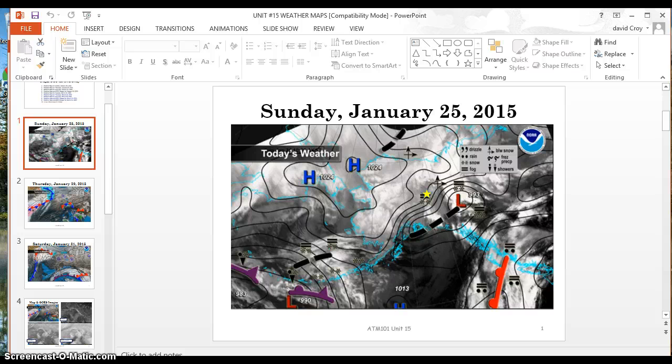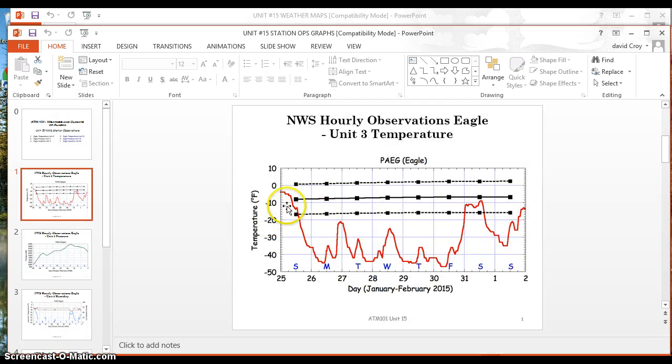Question 5. How do the winds explain the observed weather, and how do the prevailing winds influence the climate? Well, here, the winds of the weather map on the 25th of January show a southeasterly flow that created fog and light snow in the area of Eagle. On figure 1, the temperature was within average range, and then it starts to dip all the way till the 31st, and as we'll see on the next weather map,